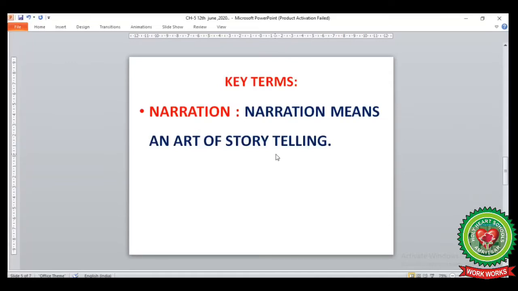For example, a small kid is enacting in a play. He can't speak properly, but somebody is narrating or speaking at the backstage. In the same way, we can do here in our slides. We can record our voice to explain the things in our presentation.